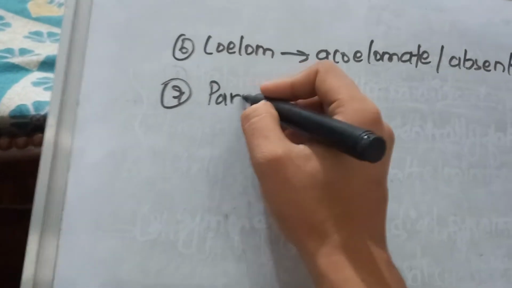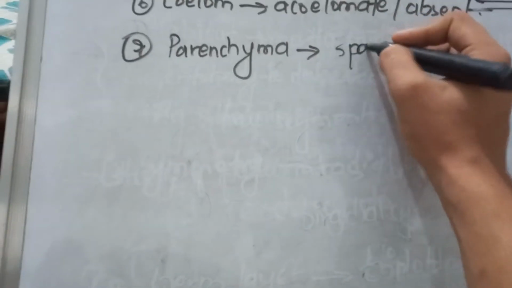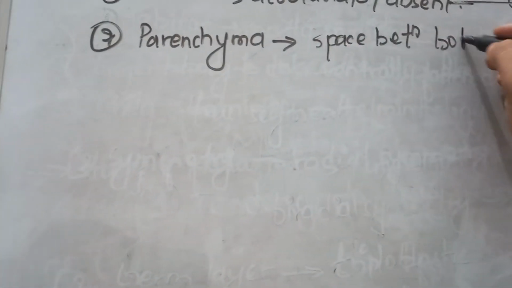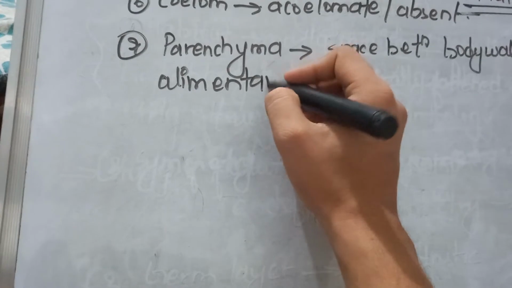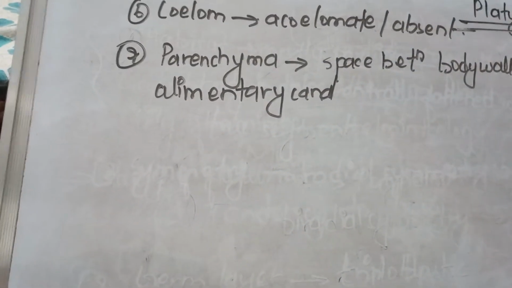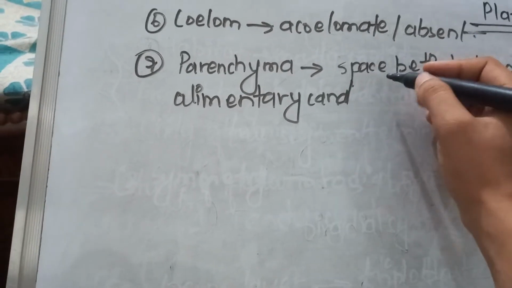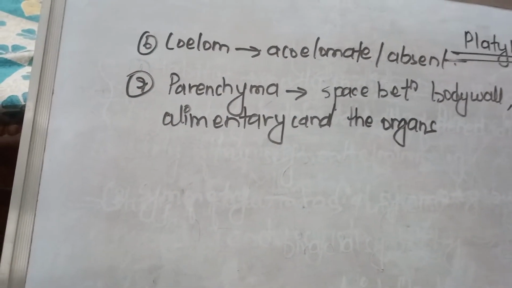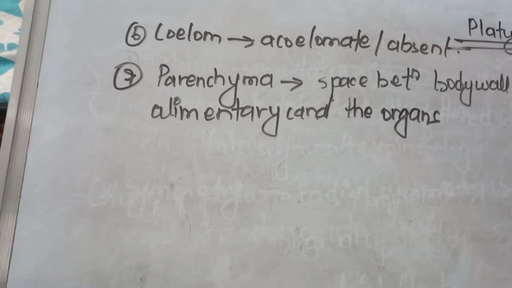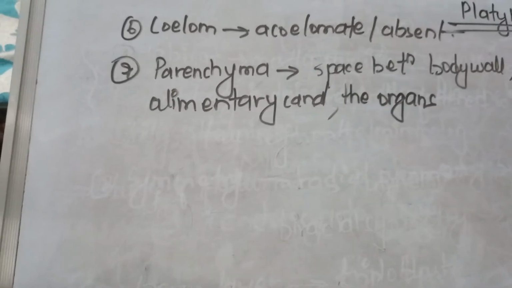In number 7 you can write parenchyma. What is this parenchyma? Let us see. This is the space between the body wall, alimentary canal, and the organs. Body wall and organs, you have to understand this, space between body wall, alimentary canal, and the organs